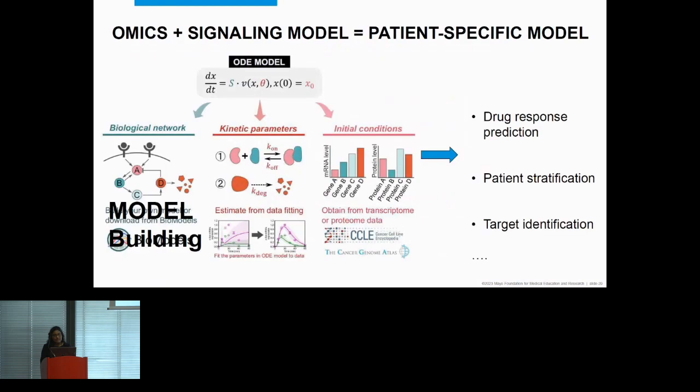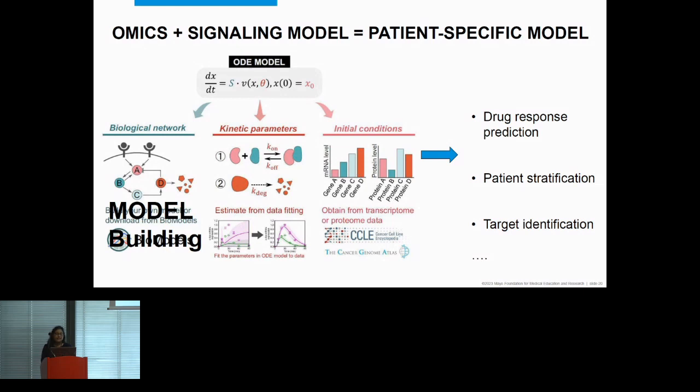As I said, we are very much used to cancer genomics, biomarker and those kinds of analysis that we do normally. So we tried to follow a similar path here. There are a lot of manuscripts out there where we build the biological models first, and then fit the kinetic parameters, which we have done now. And then,